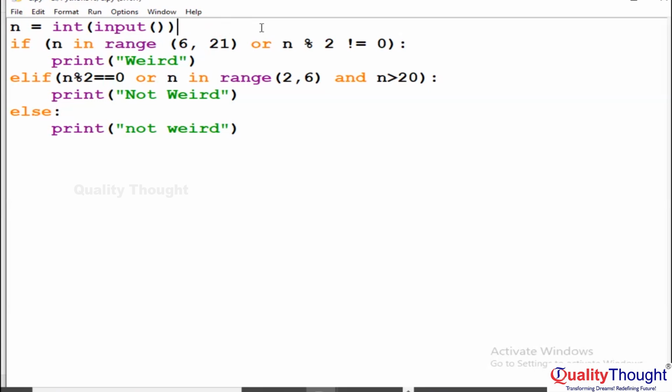Next, observe very clearly, the value must be 6 to 21. Okay, 21 is excluded, but the value is greater than 5 and less than 21. At the same time, n mod 2 not equal to 0. That should be even, correct? This is which one? N mod 2 not equal to 0, sorry, that is an odd number. Yeah, we can take the n value, if n in range,